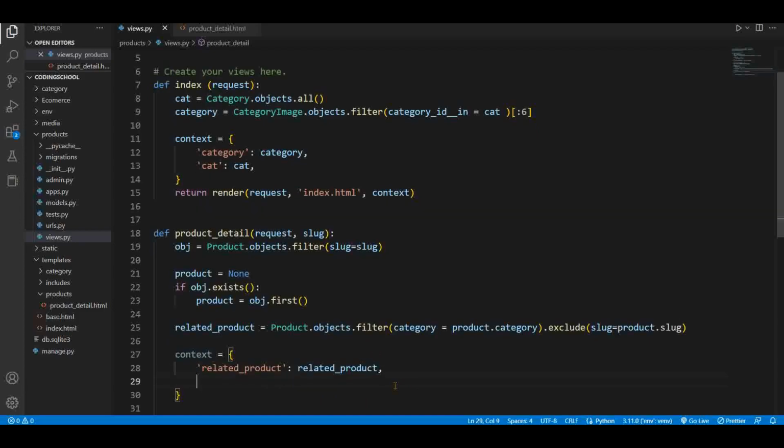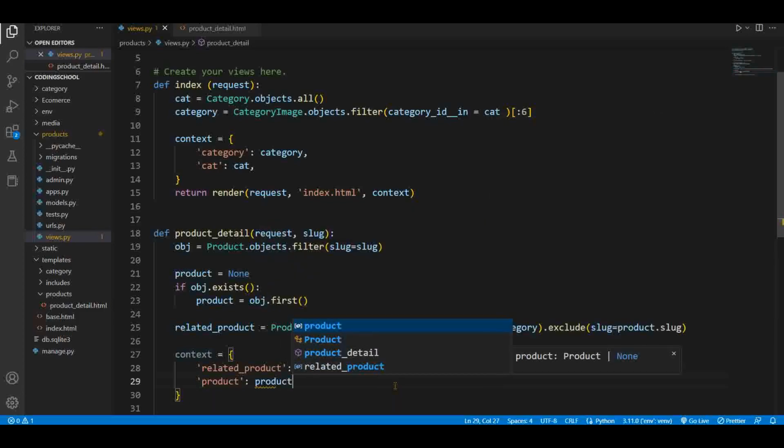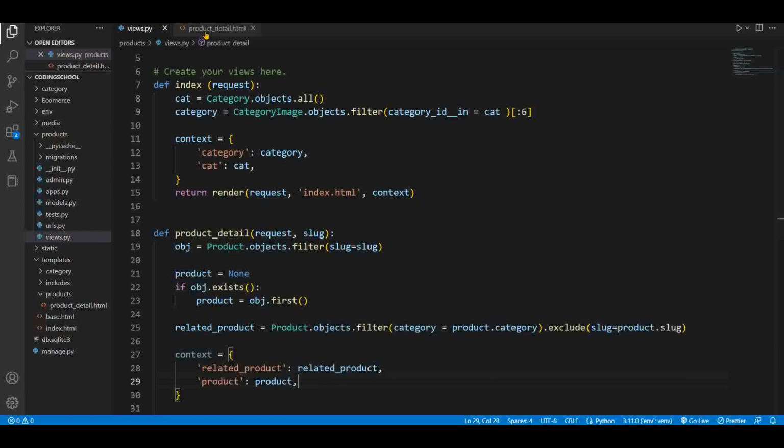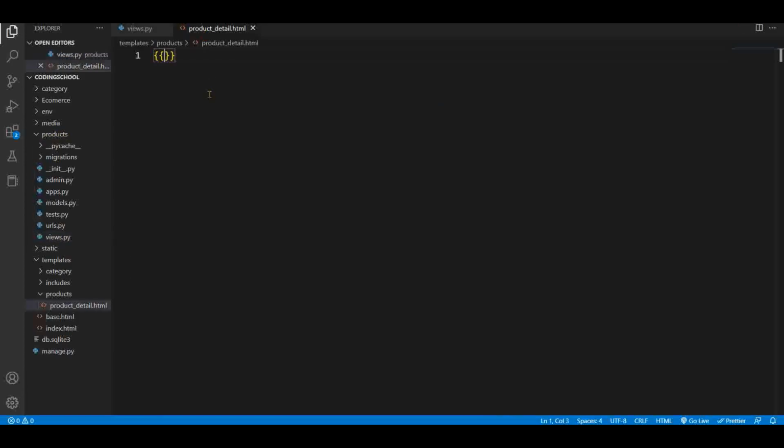Then we'll pass in the product also. So if I come here and just say product,